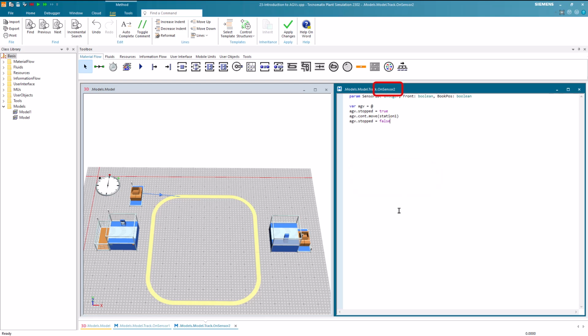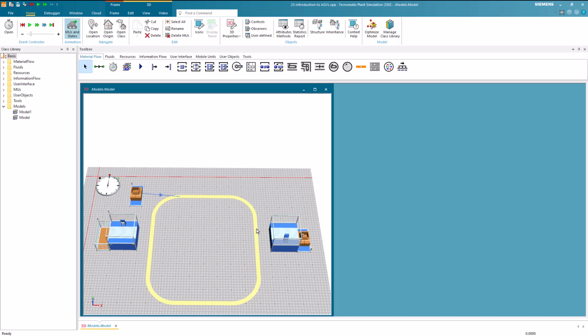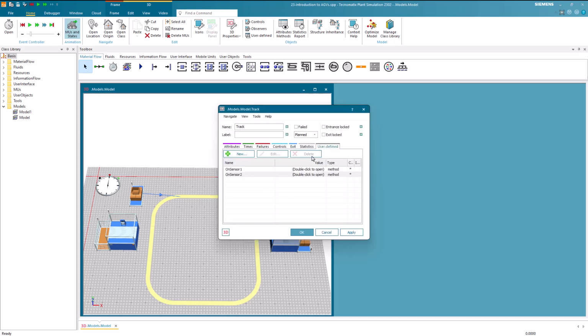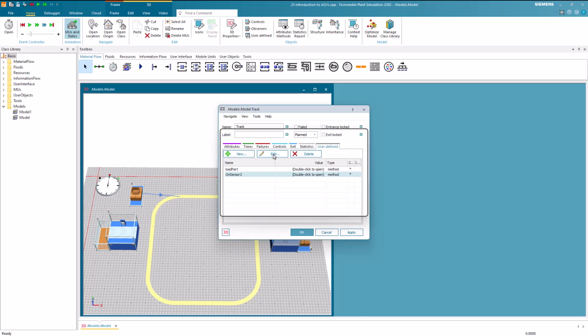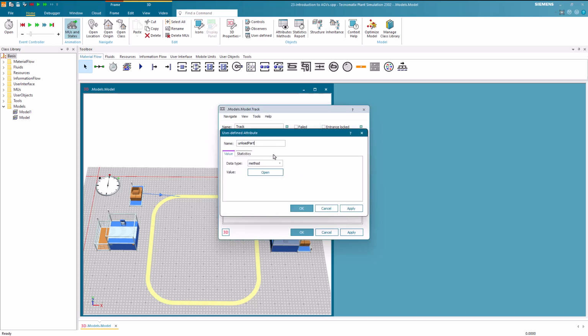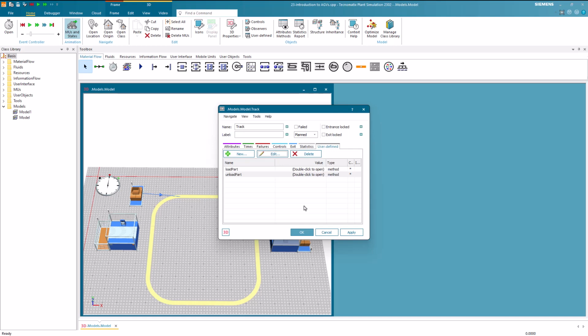The sensors are currently named as on-sensor, which is not an appropriate designation. To rectify this, we open the track dialog and navigate to the User-Defined tab. From there, we select the respective sensor, click on Edit, and proceed to rename them accordingly. Once the renaming is complete, it's necessary to update the sensor's path. This can be accomplished by navigating to the Controls tab and selecting Sensors.